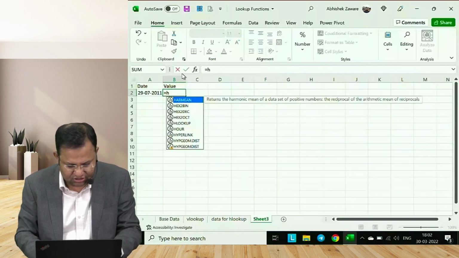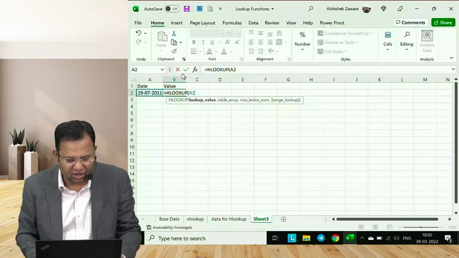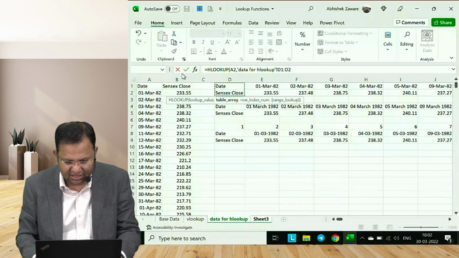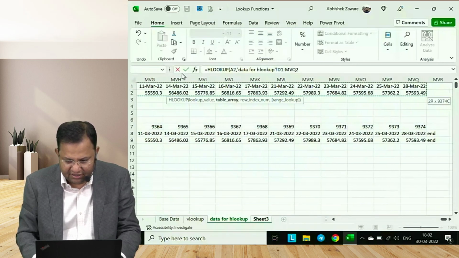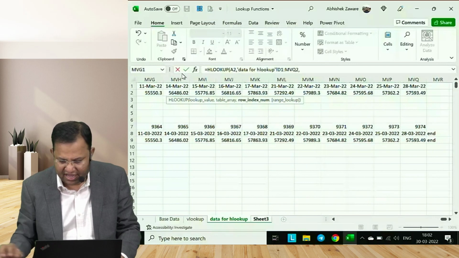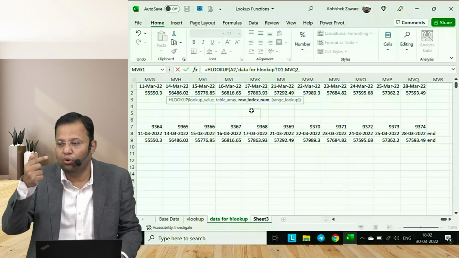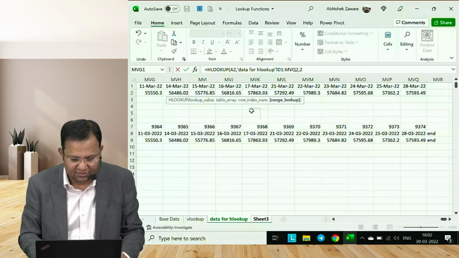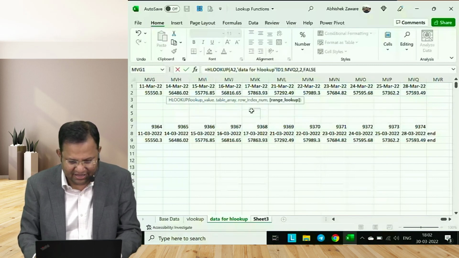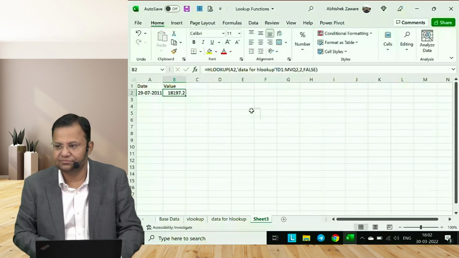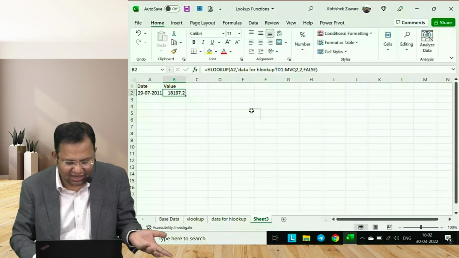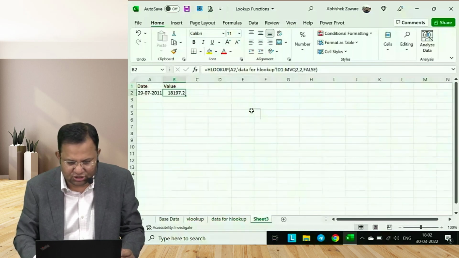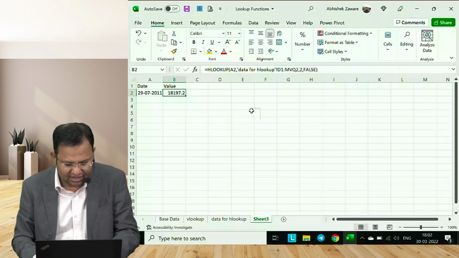I need to use Hlookup. So I need to use lookup value. Look up this. Where? Table array. Table array is now this. समझा क्या? Table array. Did you find? Comma. उसके बाद क्या है? You can see row index number. I want second row. Second row, like earlier I was looking for second column, and range lookup true false, exact match चाहिए मुझे. Bracket complete. आ गया आंसर. Same answer which I had got earlier using Vlookup. Vlookup 18,197. I got Hlookup also 18,197, and then I need to keep this